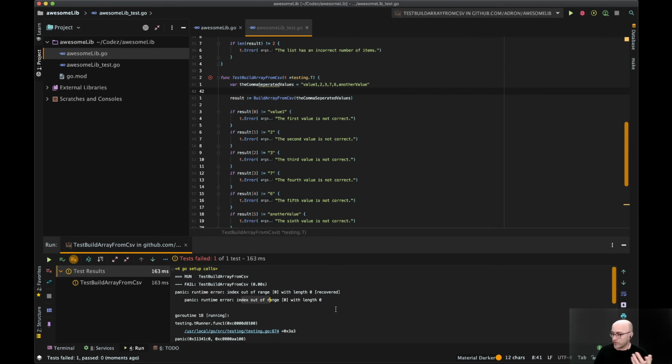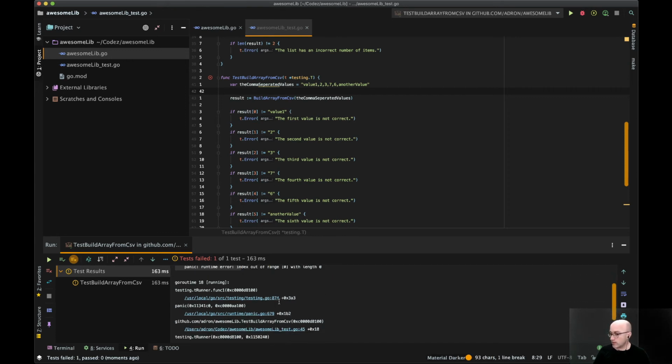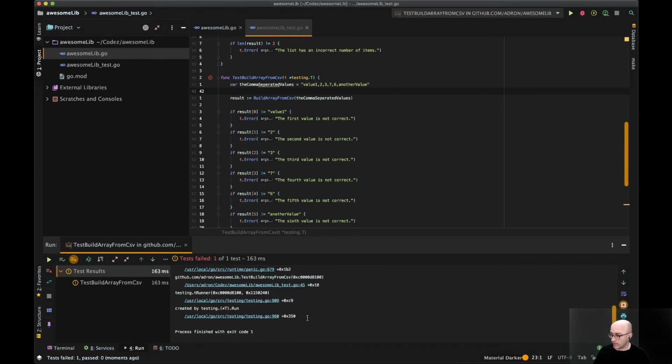So it broke because, again, Go is strongly typed. So it knows, like in this build, what this value is going to be. It starts out at a thing and it's not that value. So we had a panic. So not just a fail, but an outright panic, and there's the rest of the panic of the breakage, right?